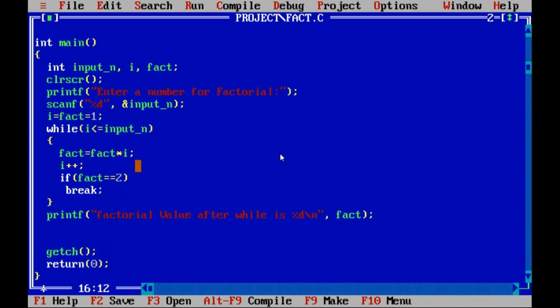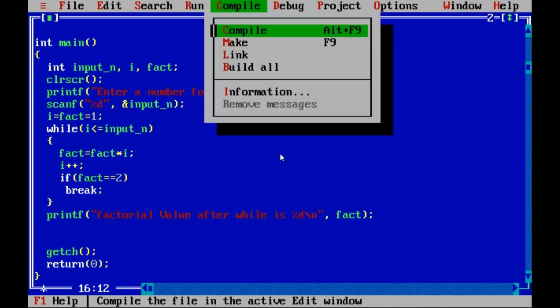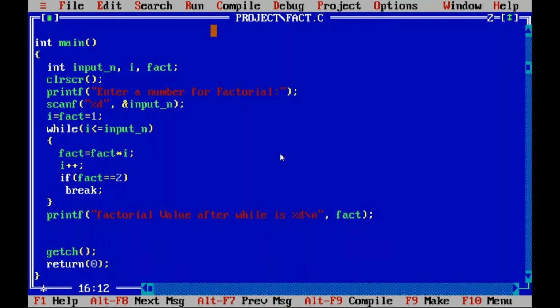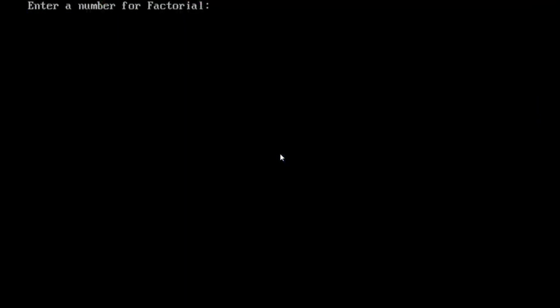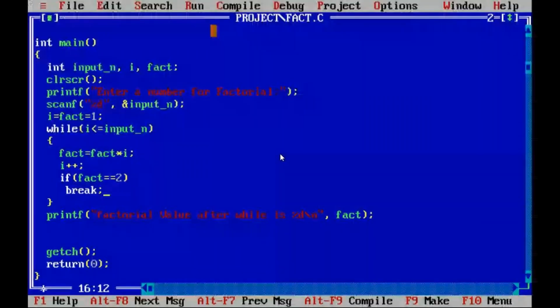We'll see how the program runs now. You see, the factorial value after while is 2. So if fact is equal to 2, then a break is executed, and the loop is broken, and the control comes out of the while.